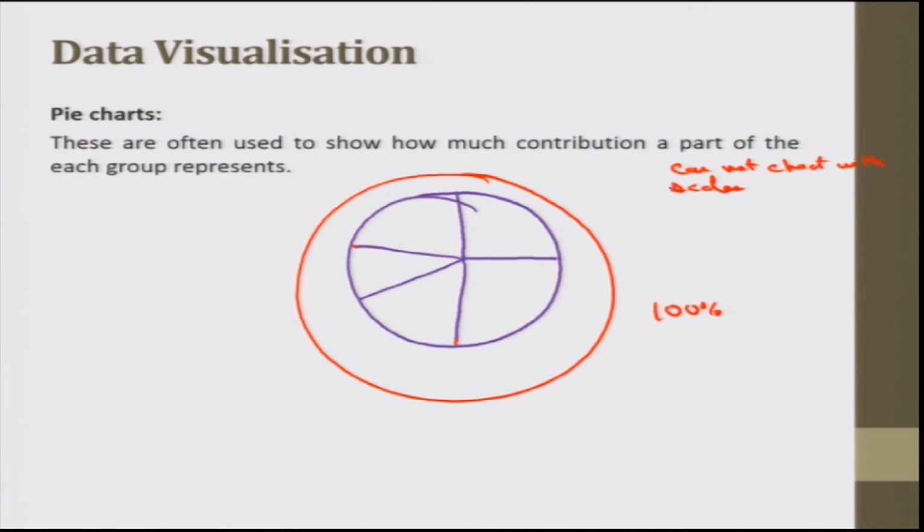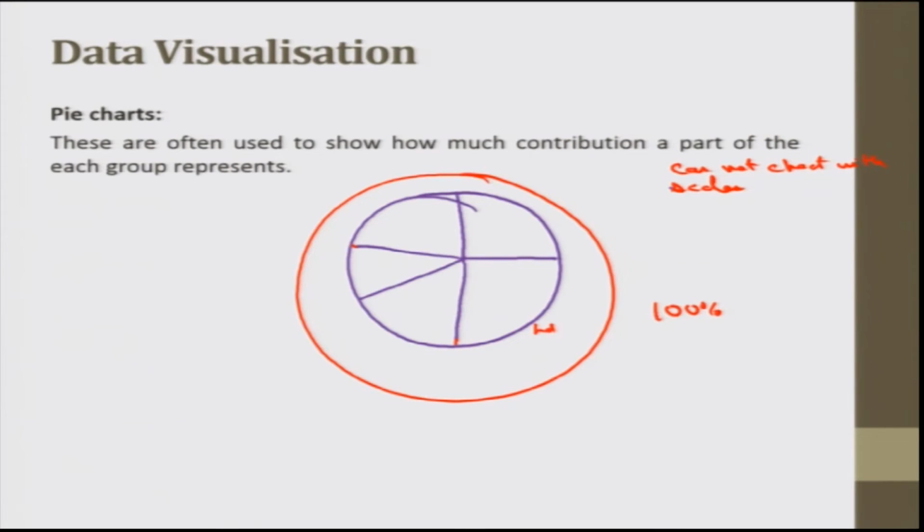So, for pie charts, a typical example I can put here is, okay, say this is a 30-hour course, and you can divide it into sections. How much time is spent on linear or angular measurements, how much time is spent on laboratory demonstrations? Let me say 30% on laboratory demonstrations, then 25% on statistics,